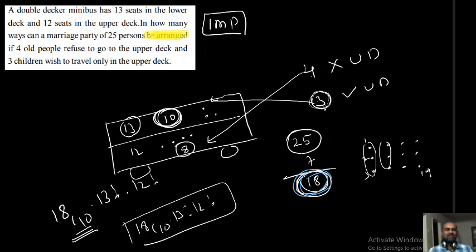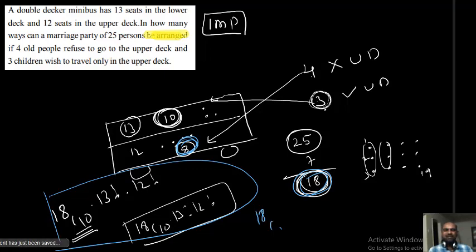18 members are there with us. Now I want to fill the lower deck first. Here I filled the upper deck first. Now I will fill the lower deck. First of all, I want to select 8 from 18. How many ways? 18C8 ways you can select. I selected and allow them to sit in the lower deck. So remaining members are 10, since 18 minus 8 is 10 members. Remaining 10 vacant seats are in the upper deck. They can sit in those places. Okay, selection completed. Now arrangements.